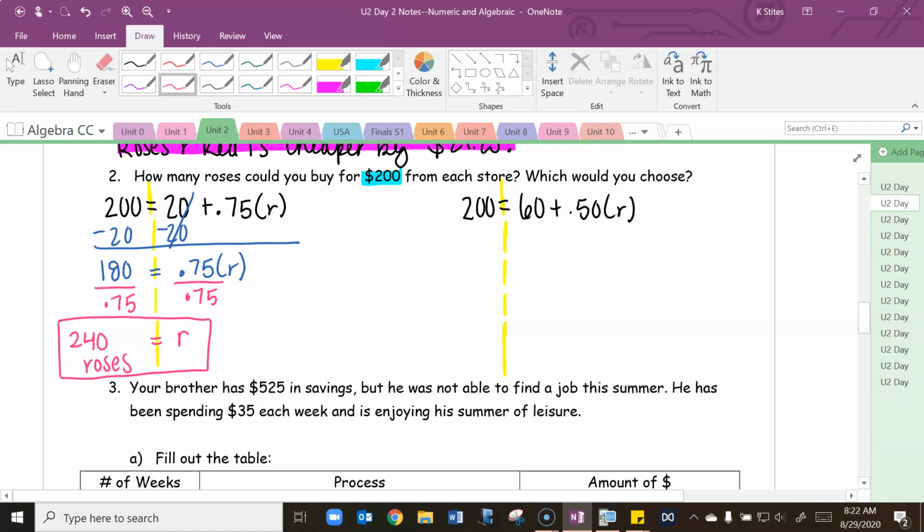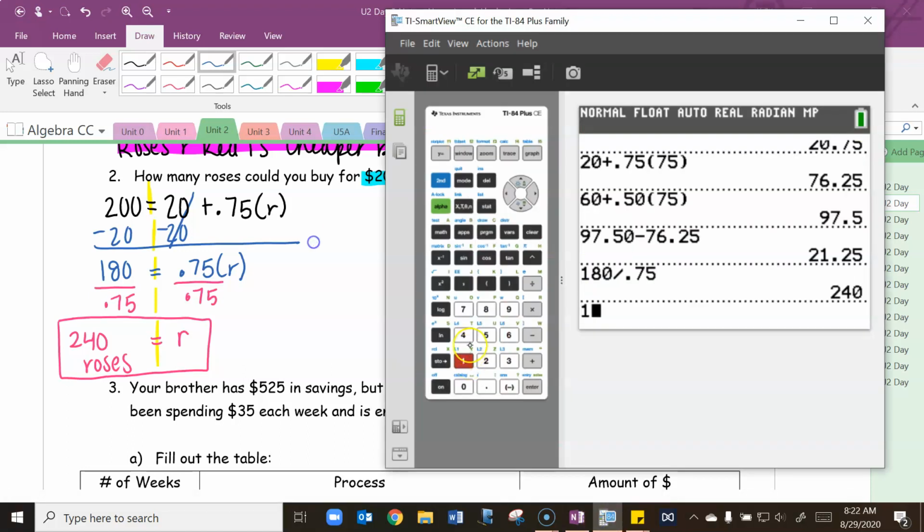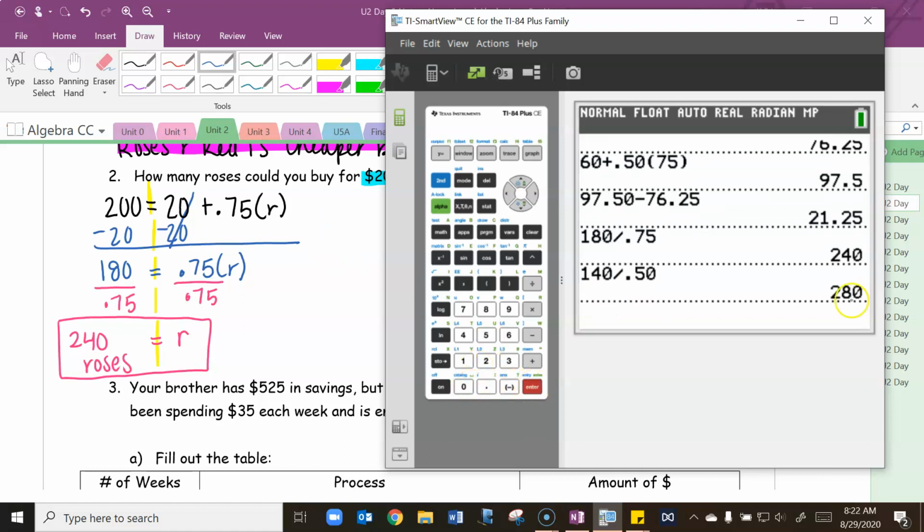Now let's see what we would do with the next one. Okay, to solve, again, we'll undo our addition and subtraction first. So we'll subtract our 60 on both sides. That gives us 140 equals 0.50R. Okay, and again, to get that R all by itself, we'll have to divide by 0.50 on both sides. R equals, and then we can type it in. 140 divided by 0.50. And that's 280